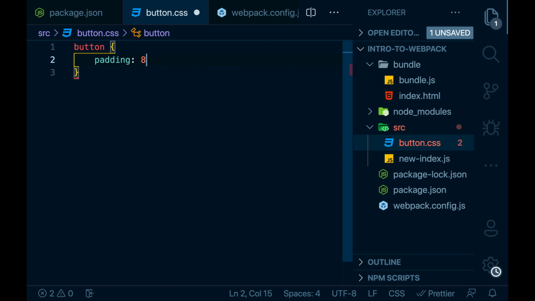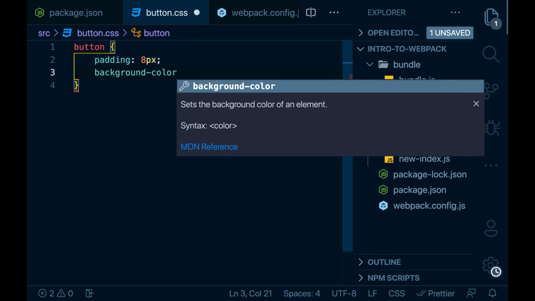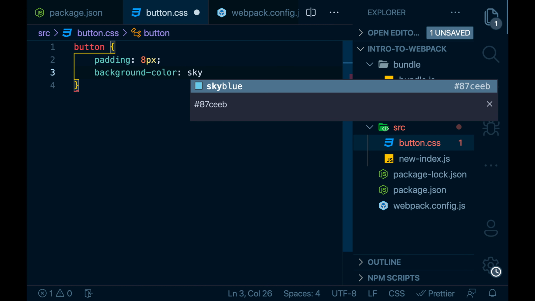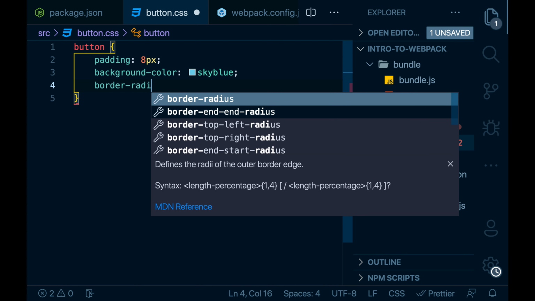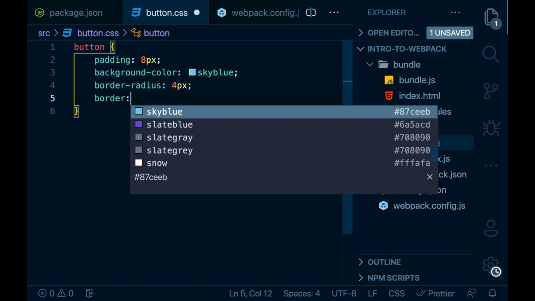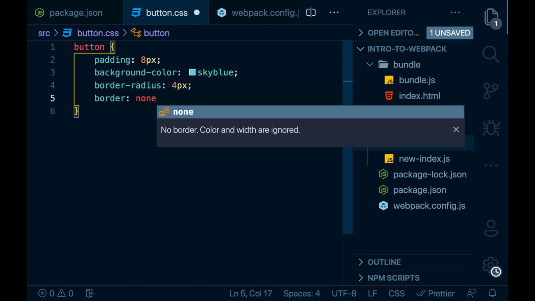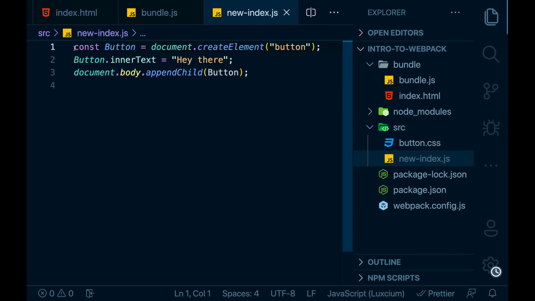I'll provide padding of 8 pixels and background color, let's say sky blue. I'll set border radius to 4 pixels and I'll set border to none. Let's import this button.css in new-index.js.